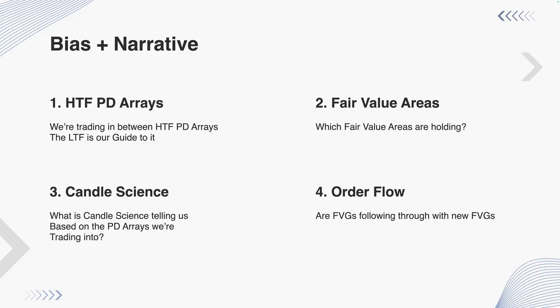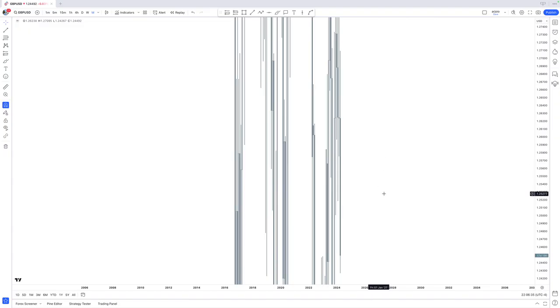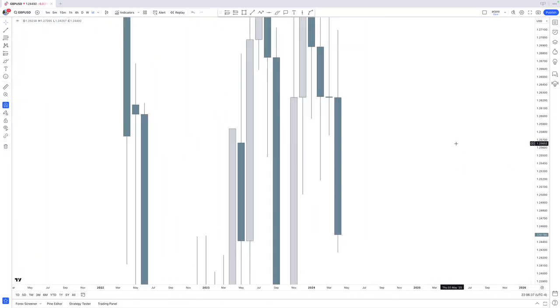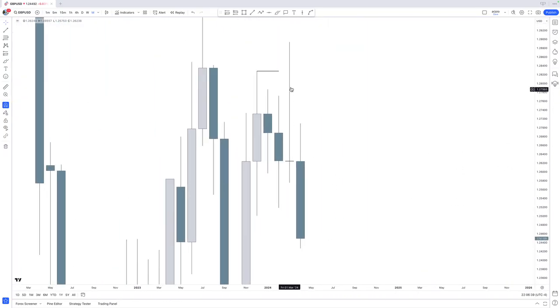And all those components right there, they will tell us if we want to trade into a certain higher time frame PD array, or if we want to hold off that certain higher time frame PD array. So we need to pay attention to what the lower time frame is telling us. It's our compass, it's our guide right there. So how do we actually do this in a chart? If we take a look at GU right here, GBP US dollar, Forex Major,